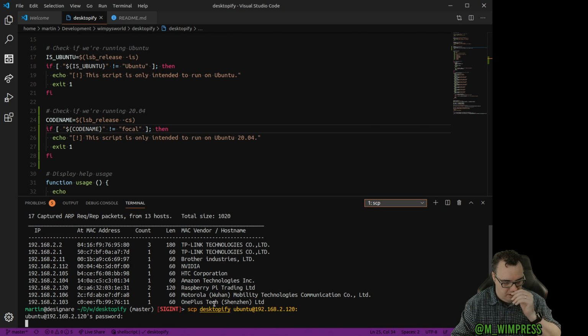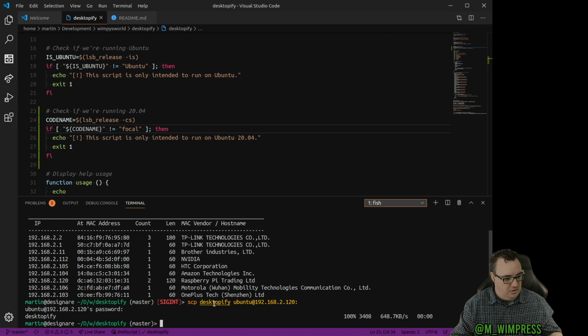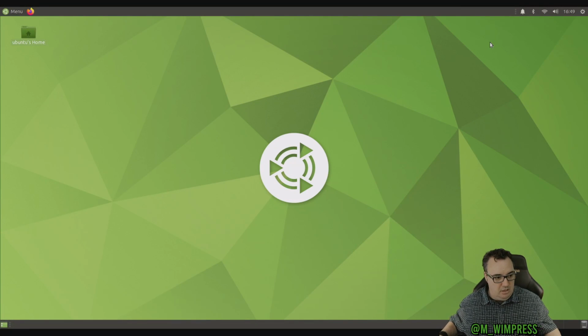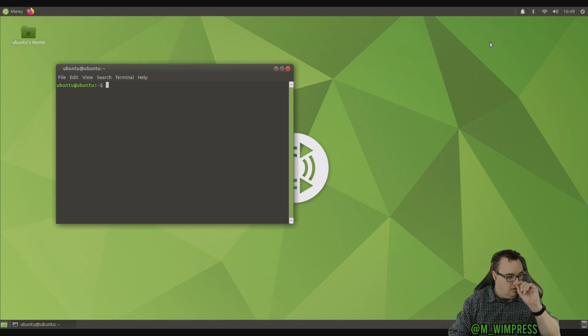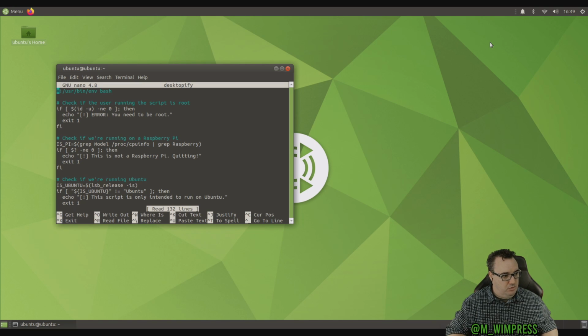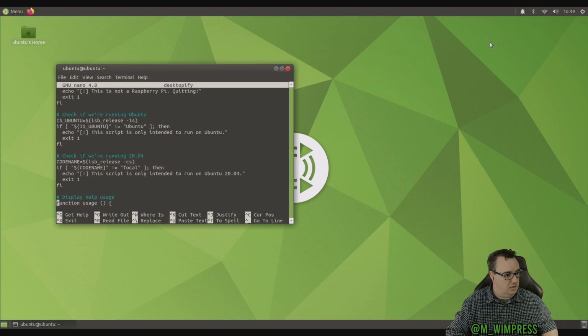Because it had that address last night as well. So that's that copied over. So if we now go back to the Raspberry Pi, bring the keyboard in. If we just edit that script, we can deliberately create a failure condition by